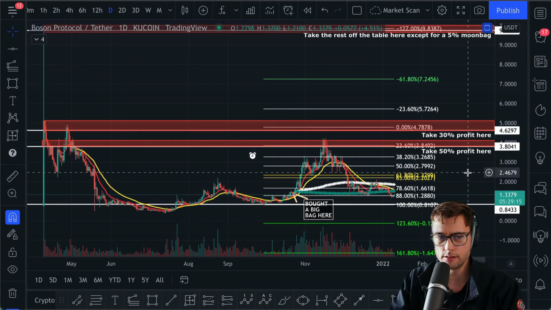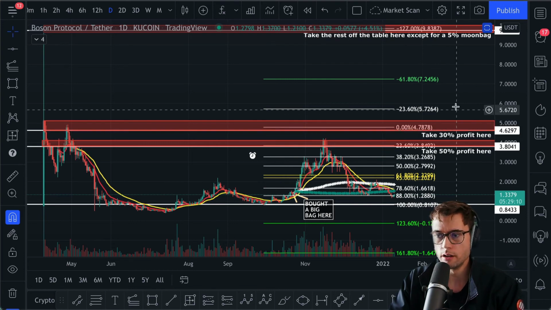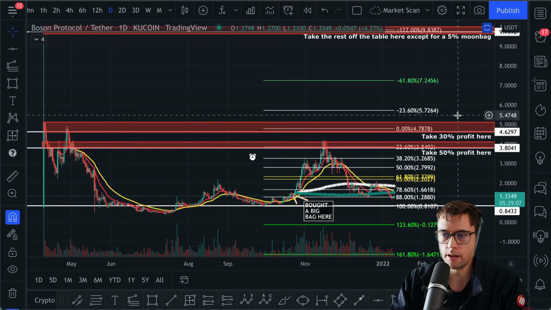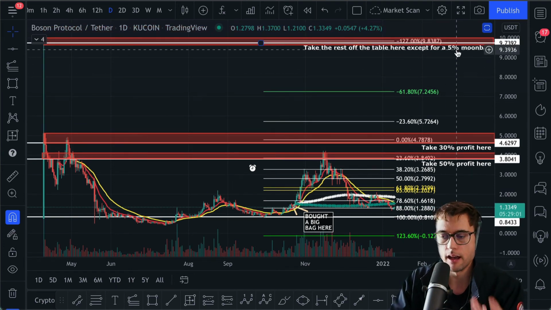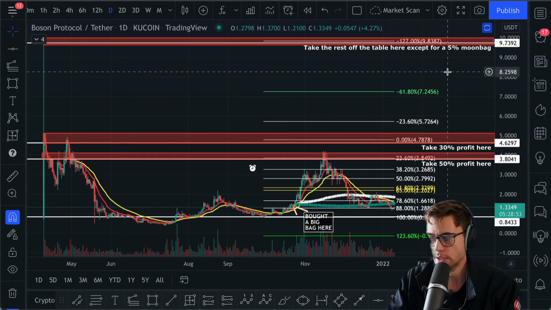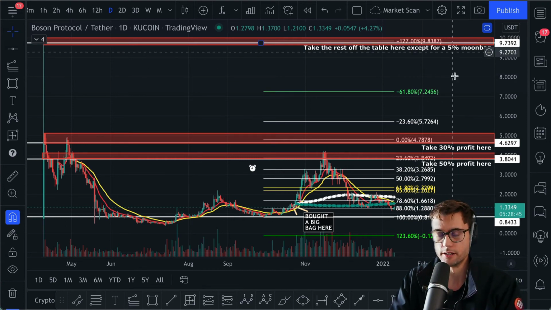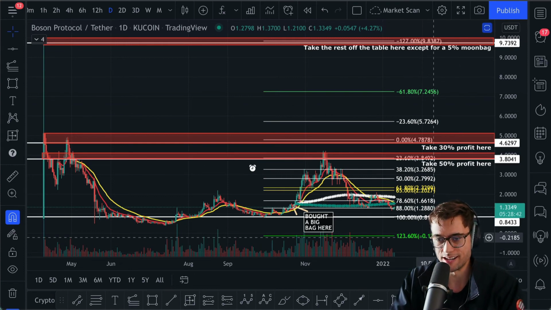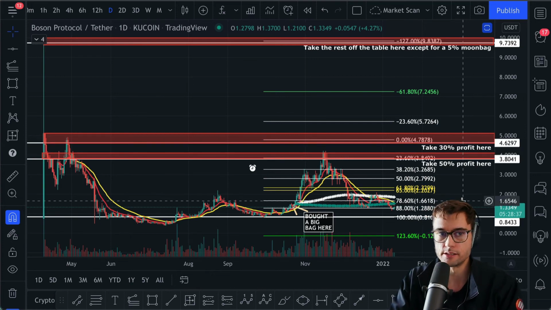We'll see what happens. And then I will have 80% of my initial capital out, or 80% of all of my capital out of there. And then I will take the rest off the table right here, except I will leave a 5% moon bag just to ride it till, whenever, to either forever or to Hades, or to have it crash. One of the two. It's either going to go to Valhalla, or it's going to go down to the depths of hell from here. Hopefully it doesn't just crash and die out right now and we have a huge bear market. I'm hoping that's not the case, and